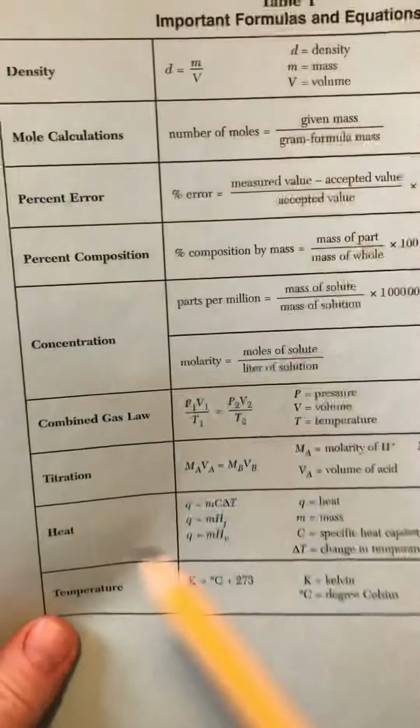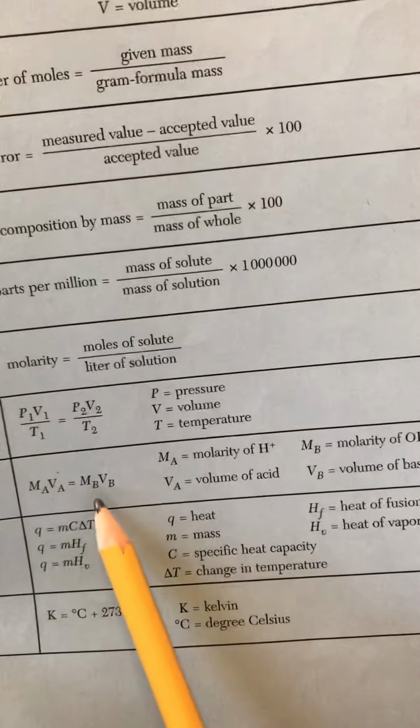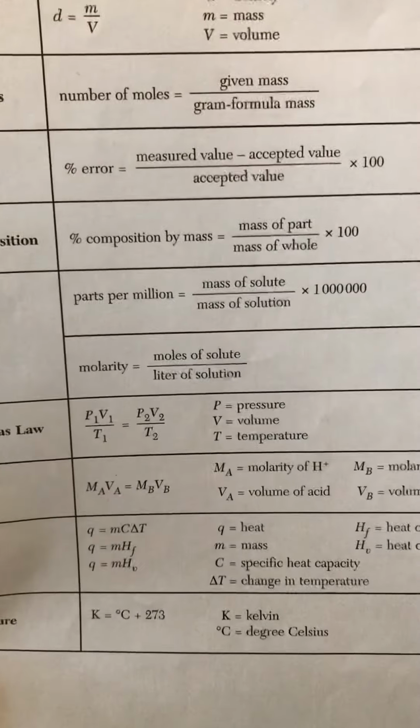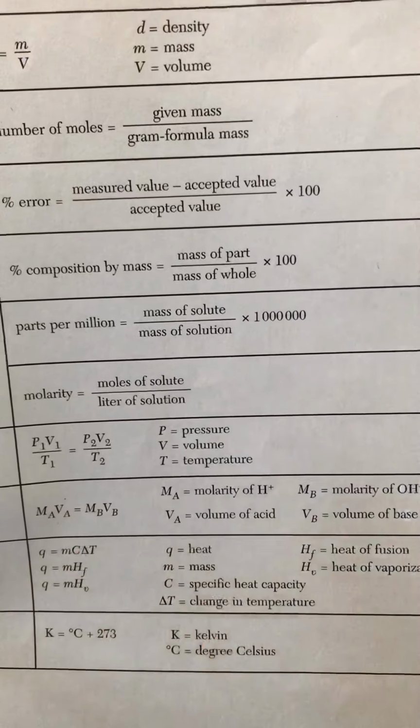Now if you go to table T, they've got a titration equation here. I don't really appreciate the way they did this. They said MAVA equals MBVB. There are lots of ways to do this. I'm okay with the algebraic solution the way they do this, but I don't really care for the fact they